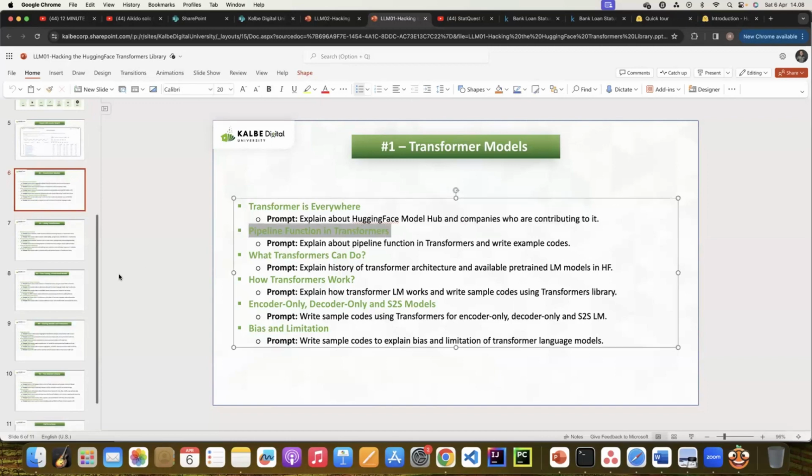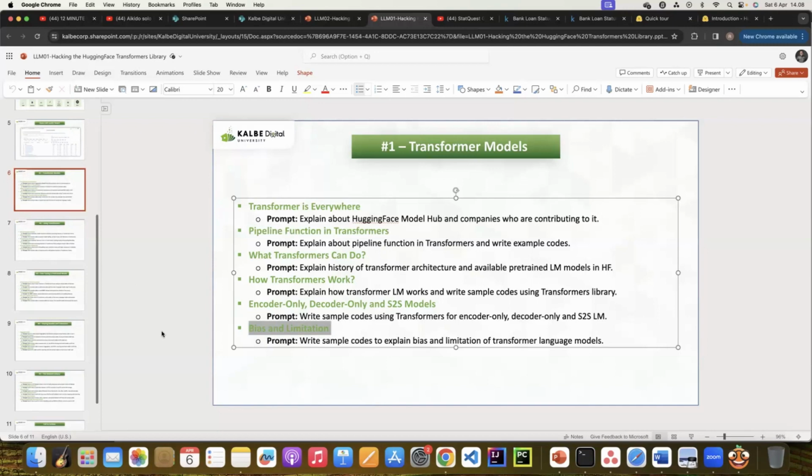Pipeline means you can put some tasks into the pipeline to utilize the model hub or datasets in Transformers. The Transformers library can do many things, and you have to be familiar with it because a lot of code is implemented using it. Of course, it also has some limitations